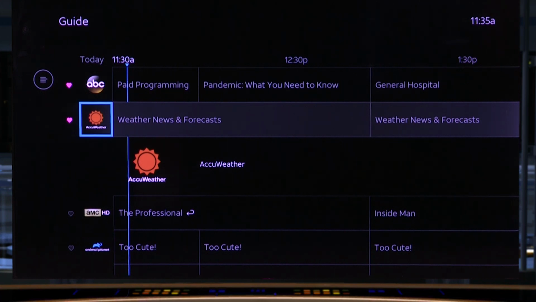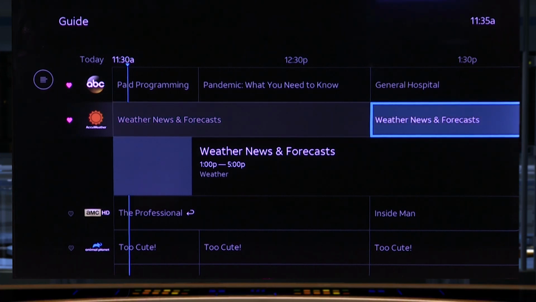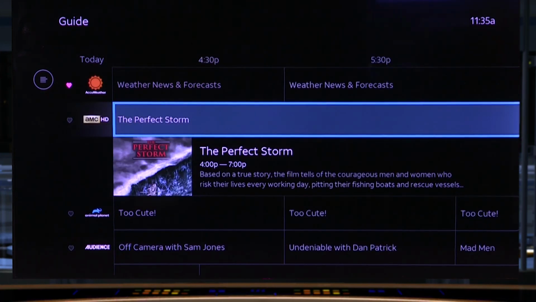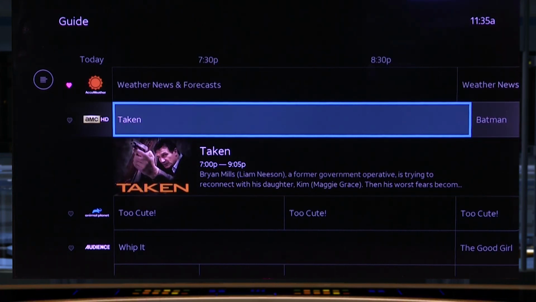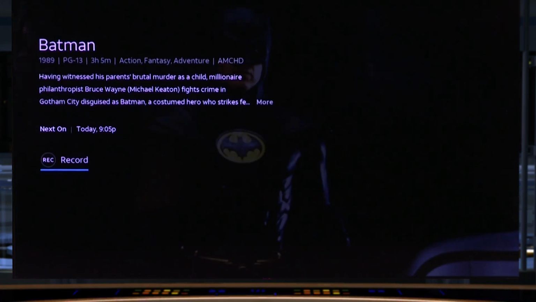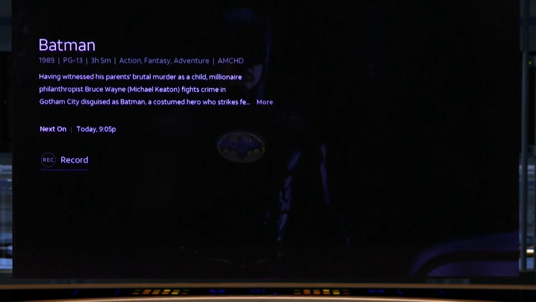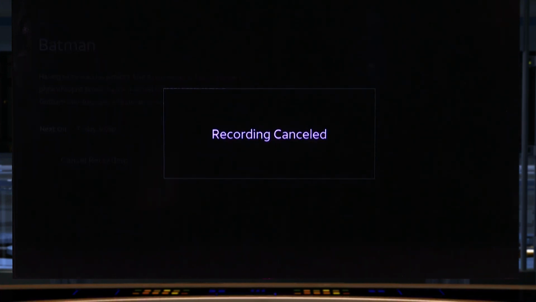Now, if I want to record something, you'll notice your time across the top, channels down the side. If I want to record something, I can go out here to later in the day. Let's say on AMC, I want to record this movie Batman. I've got it highlighted. I simply click OK and you'll see the little blue line under record. I simply click OK there and it will record it. All right. To cancel that recording, you'll see it says cancel recording and I just simply hit that and the